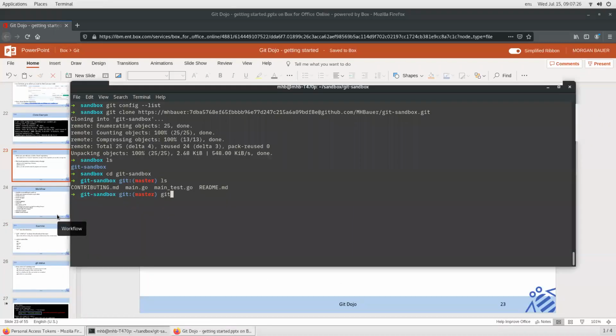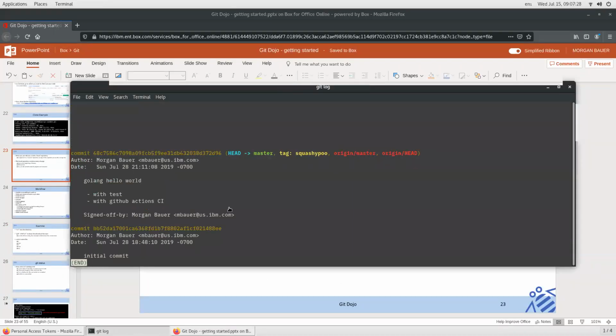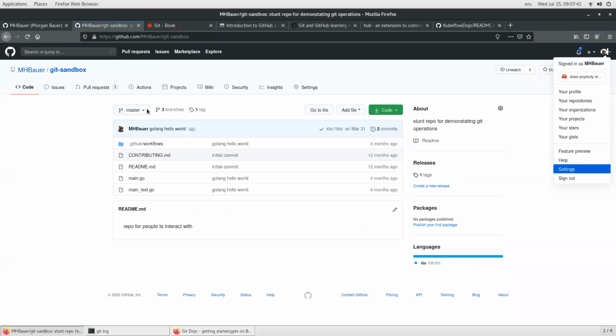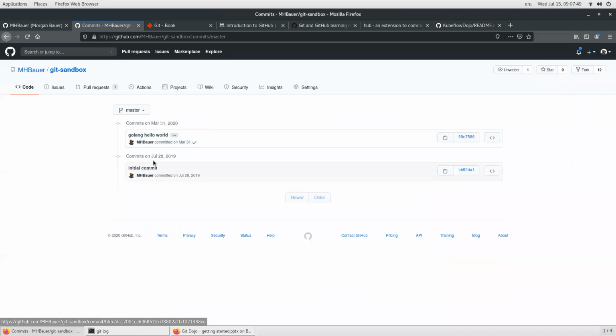Let's do that real quick. If I do git log, you can see that there's 2 commits. There's the initial commit, and then there's me adding a base program. You can do the same thing on GitHub, and you click, let's see, where's commits? You click commits here. You can see that we've got the same information, the initial commit with the specific information on the new program, and you can see that they both have the same SHA-ish,